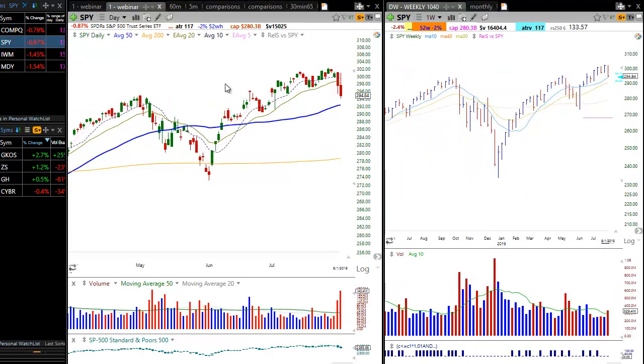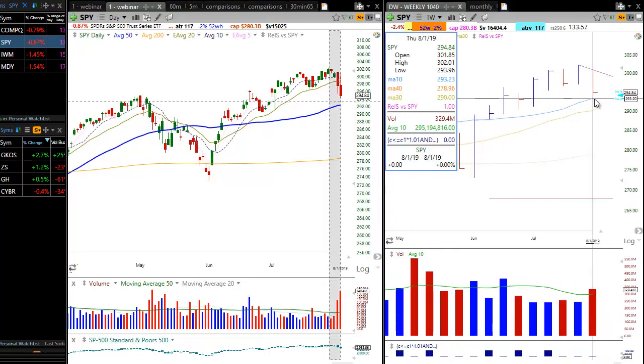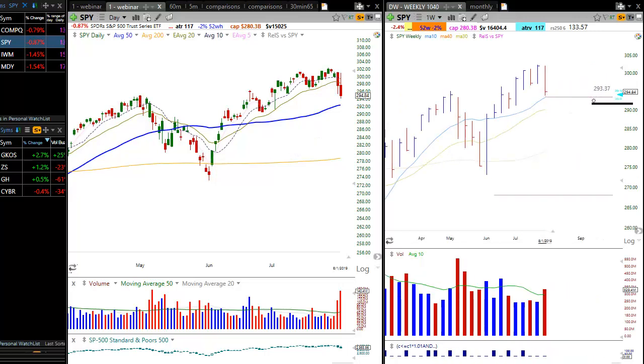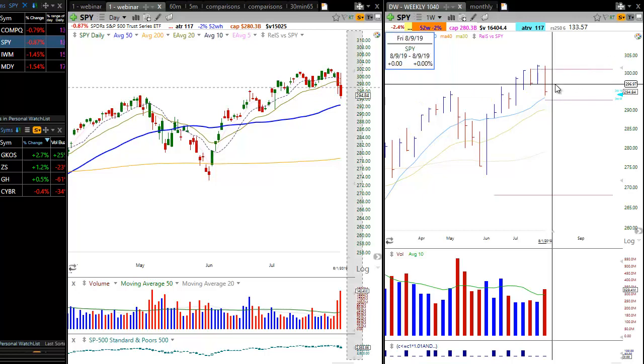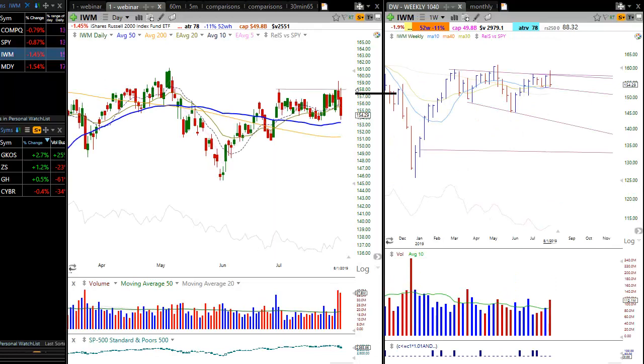Same goes for the S&P 500, which is now really close to the 10-week moving average, less than 0.5% away. The price action may simply just undercut this 10-week MA and chop around in a tight range for a few weeks. And on to IWM, an ugly false breakout here